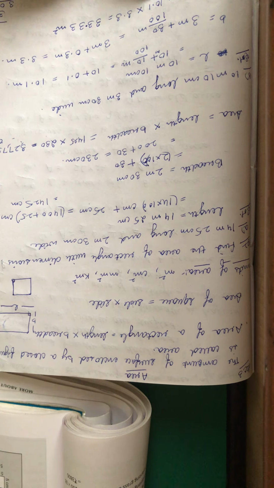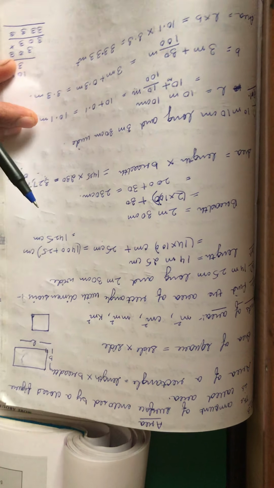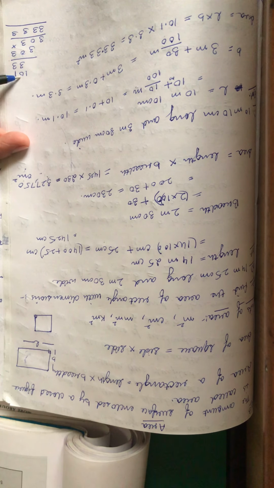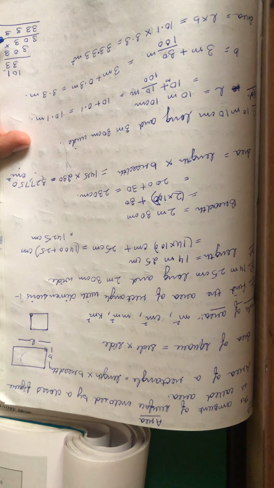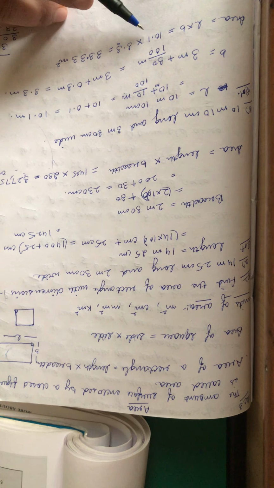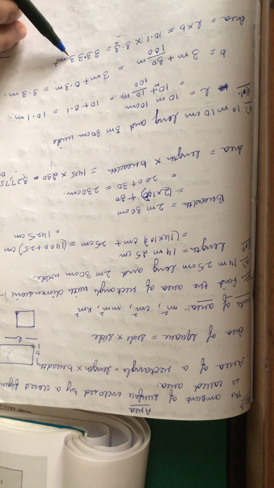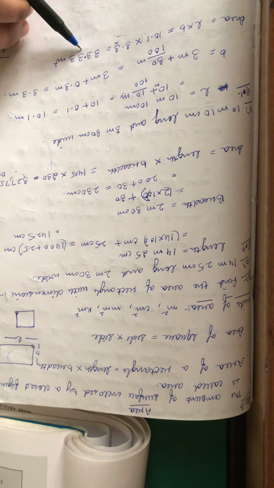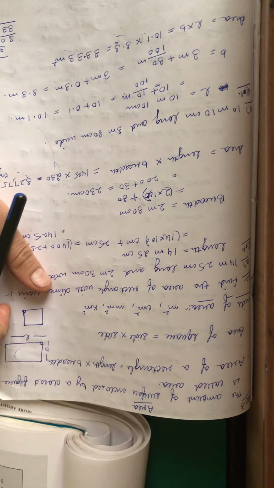So area is length into breadth, it will be 10.1 into 3.3. Now how will you multiply? As I told you, simply first multiply them without decimals. 101 multiplied by 33 is 3333. Now where to insert the decimal? One digit after decimal is here, one digit after decimal is here. It means total 2 digits are there. In the answer you will insert the decimal after 2 digits from the right-hand side. So it will be 33.33 meter square.